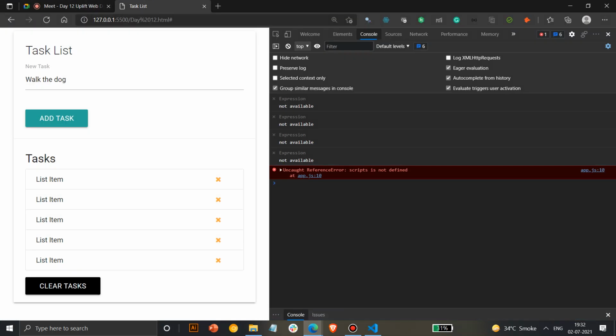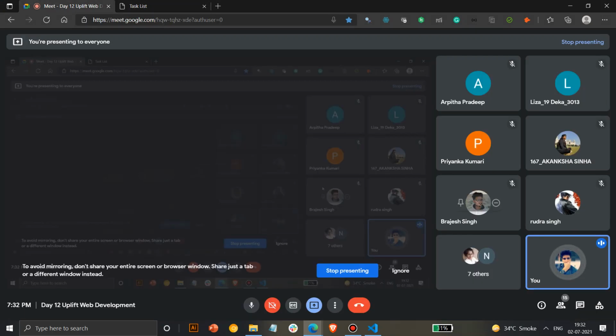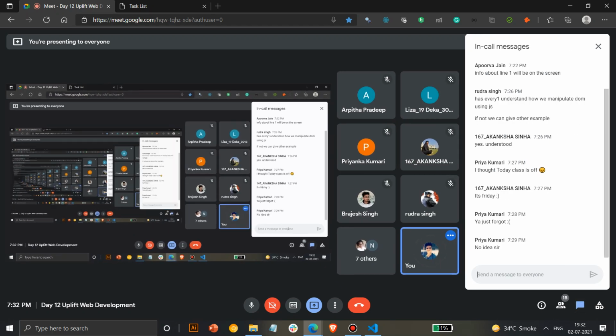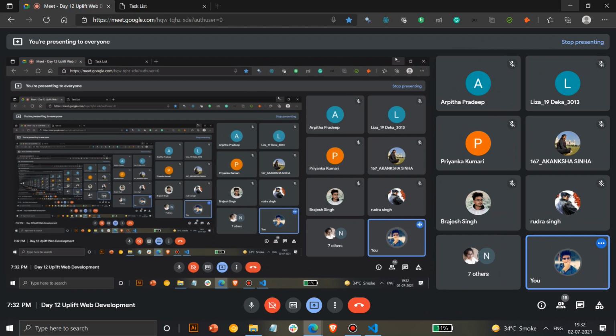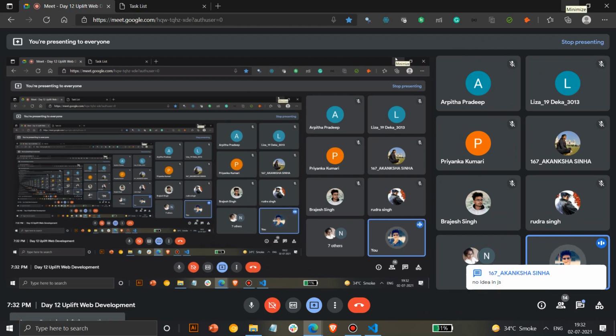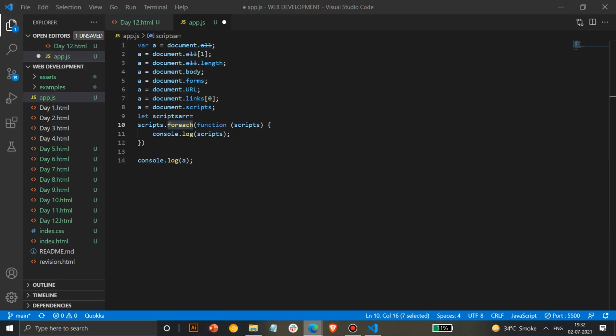Anyone? If you don't know, just type out in chat. Or if you have an idea, you can just unmute and try. Even if you try guessing it, that's completely fine.